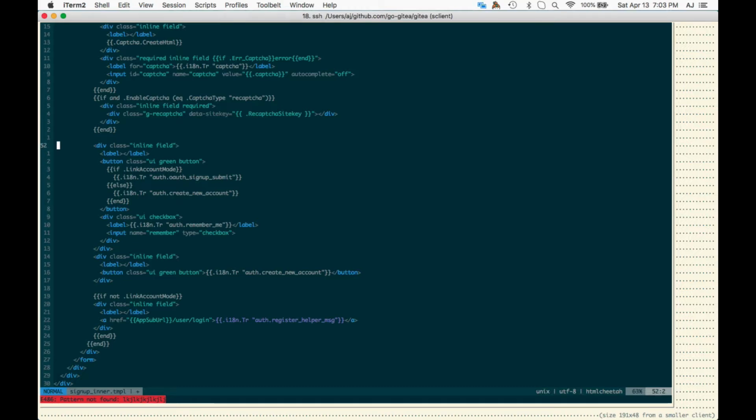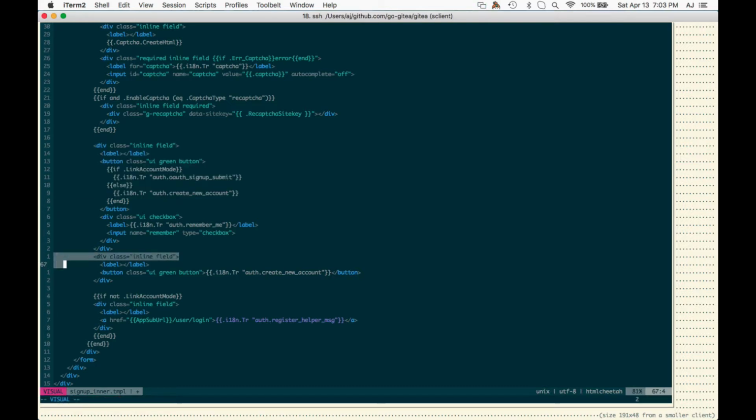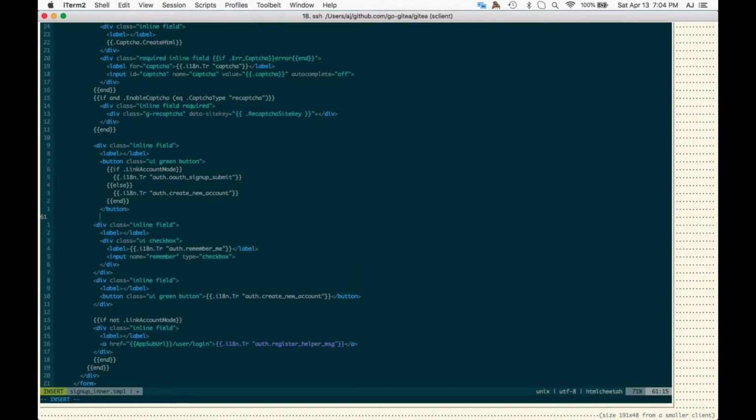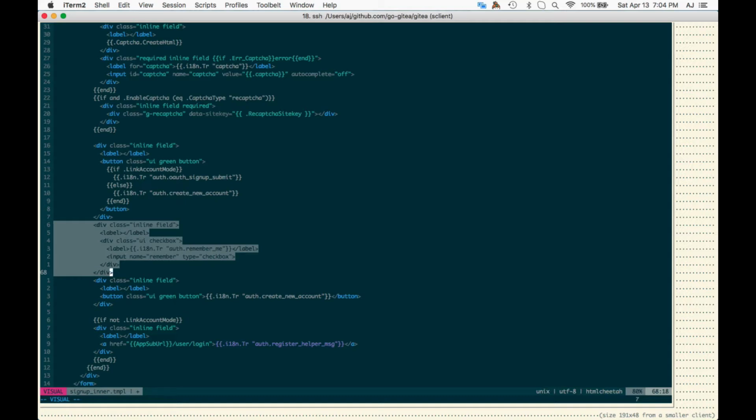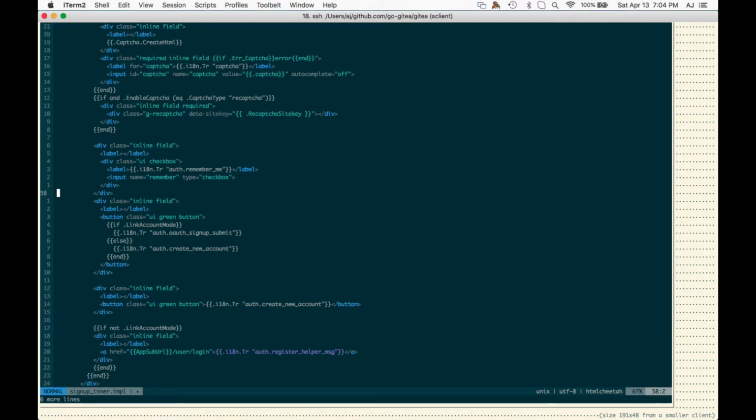I think the problem is... Darn. Here. And this is being put in the wrong spot. So this is why there was a conflict. It's like I said before, and the reason I was confused is because this section had actually been moved up because they added an OAuth sign up submit separate from the create new account.